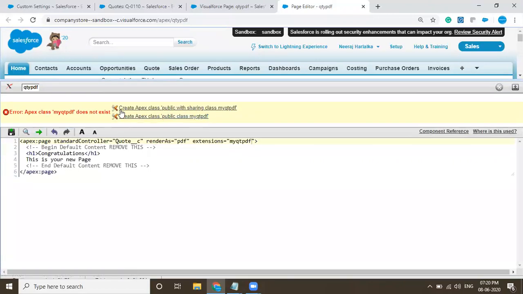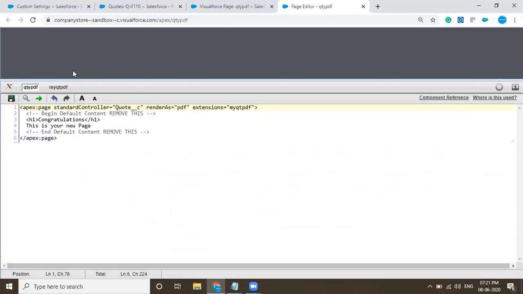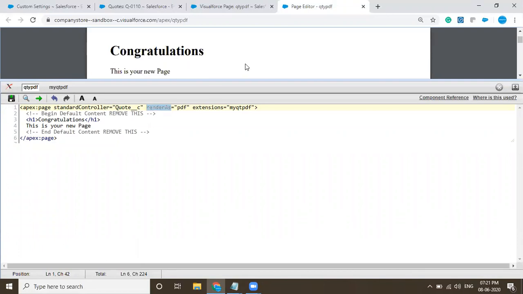It will show an error that you have used the extension but you haven't created it, so you have to click out over here, and again it will show an error for the controller. Here we go, by the render as PDF we got this. Okay, so if you go here and write Rohit's PDF,